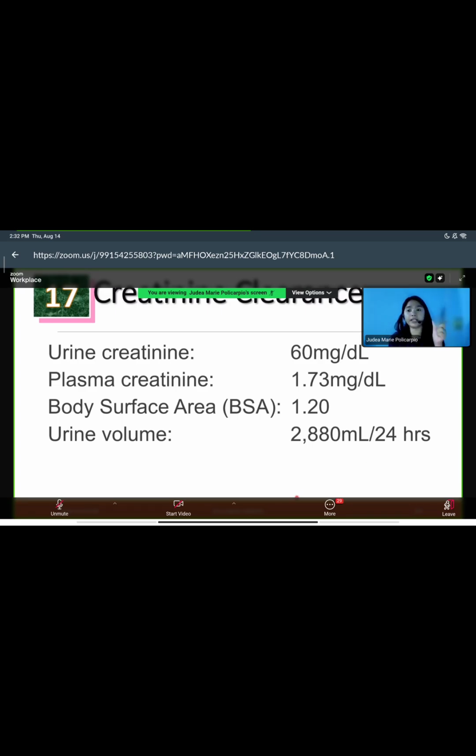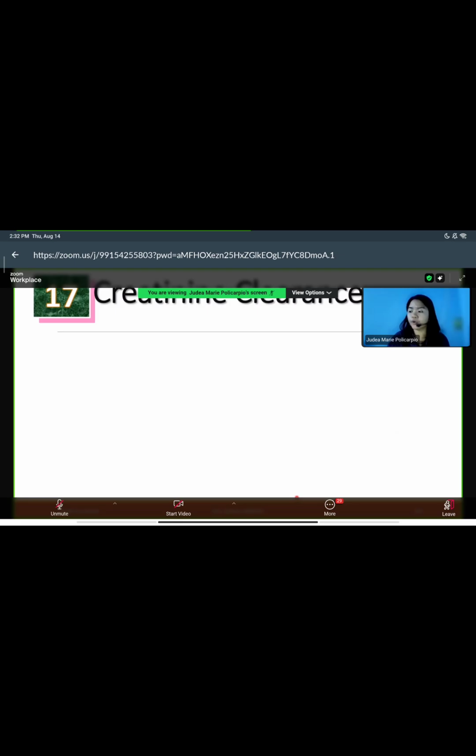Okay, formula. Recall question number 2, formula ng creatinine clearance. Ilatag muna natin yung formula bago natin pag-usapan ang mga detalye. How do we get the creatinine clearance natin? Ingat kayo sa formula. This is equivalent to, sa numerator, ilalagay natin ang urine creatinine. Urine creatinine, i-multiply mo lang with the volume of